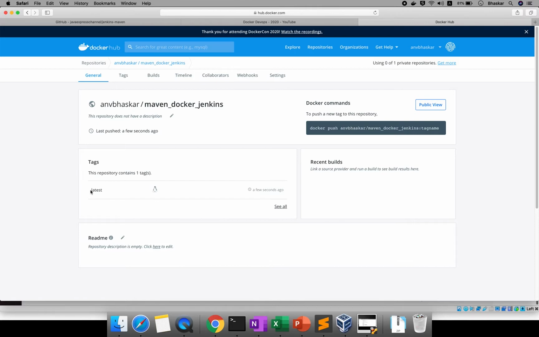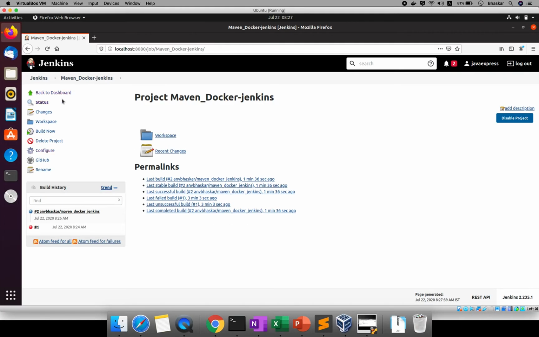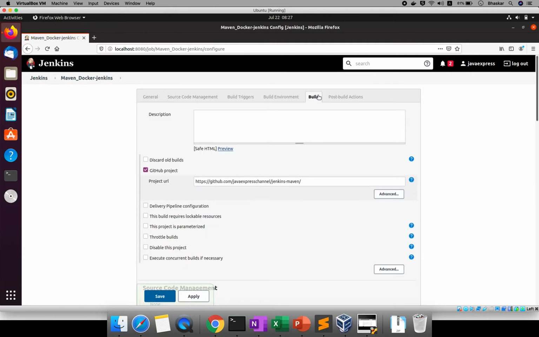We didn't provide any tag number, so I want to tag a build number for this one. Okay, in future any number of jobs may run, right? I want to know about the build number. Okay, Maven Docker Jenkins underscore tag name. So what I will do, go here, click on configure, and click on the build.